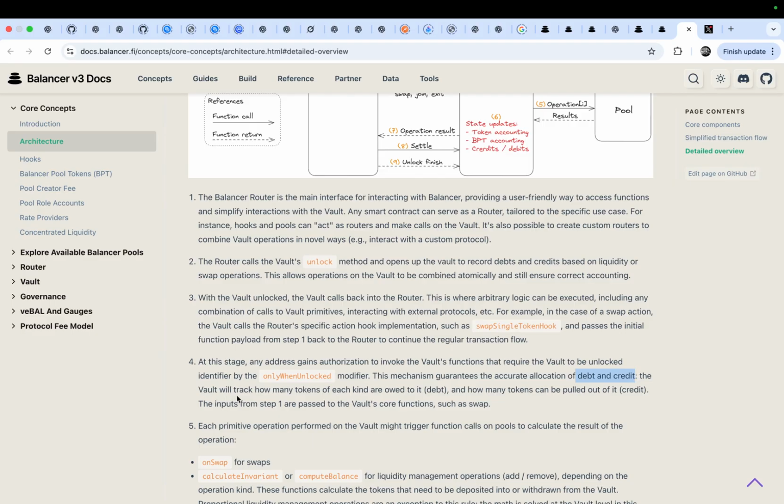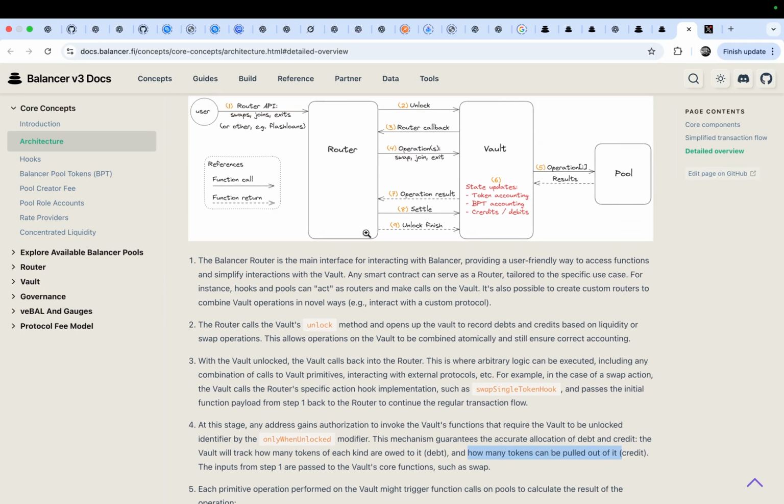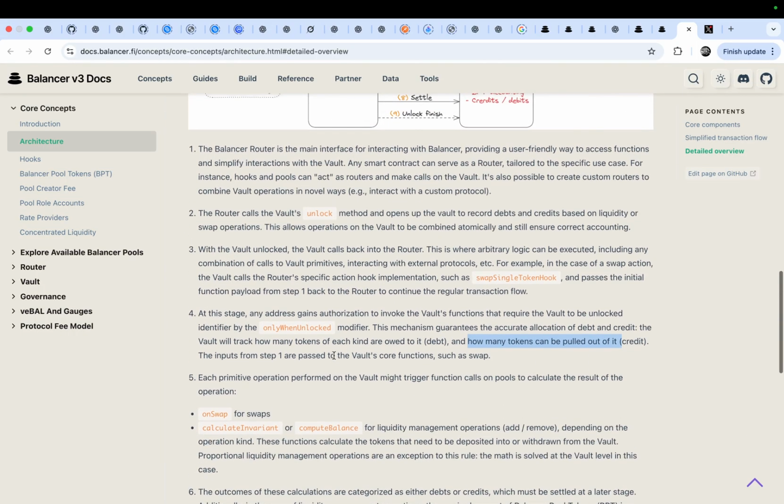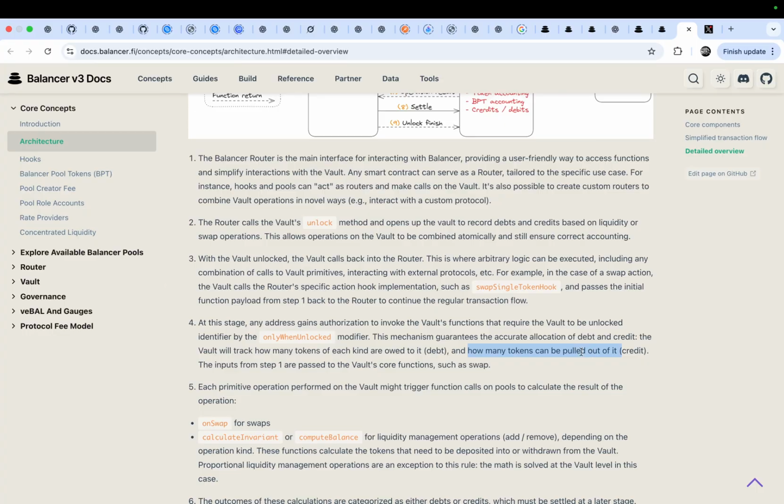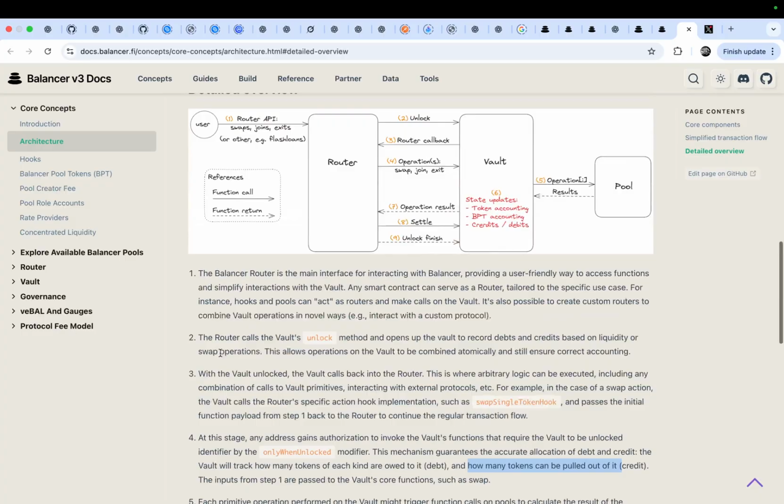The vault will track how many tokens of each kind are owed to it, and how many tokens can be paid out of it. And the H refers to the vault.